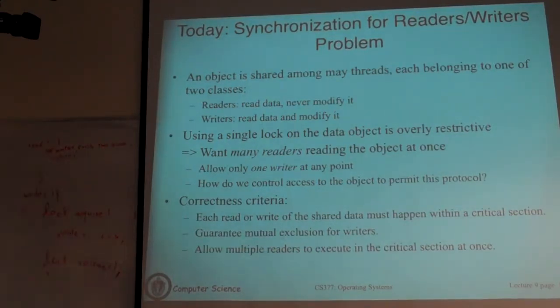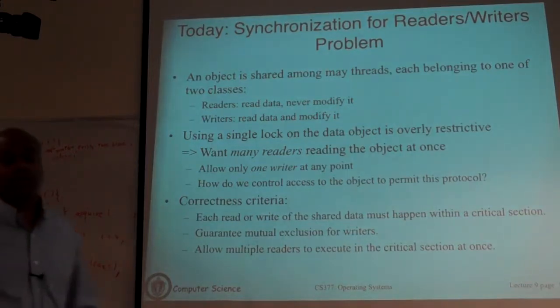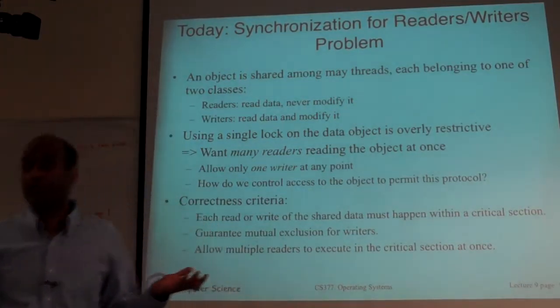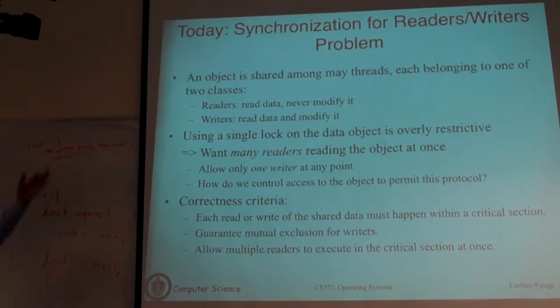So all that the reader has to do is an extra check. First you check, is there a writer? Okay, if there is at least one writer, then don't proceed, just wait. Okay? So in fact you will say until there are no writers, don't do anything, and once all the writers are done, there are no other writers in the system, then return, then you are good. And any number of readers can go in. So long as there are no writers, readers can go in, this condition fails, so they all proceed concurrently.